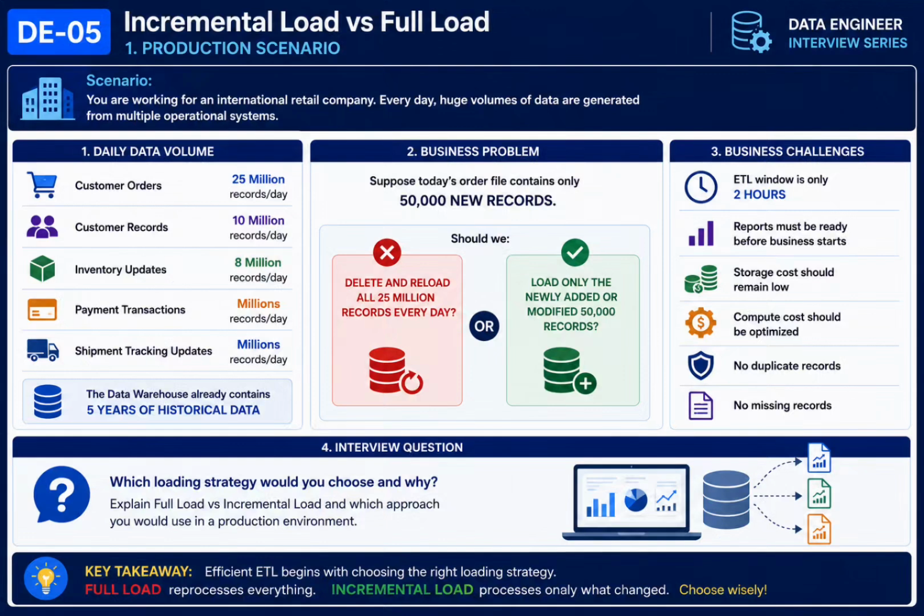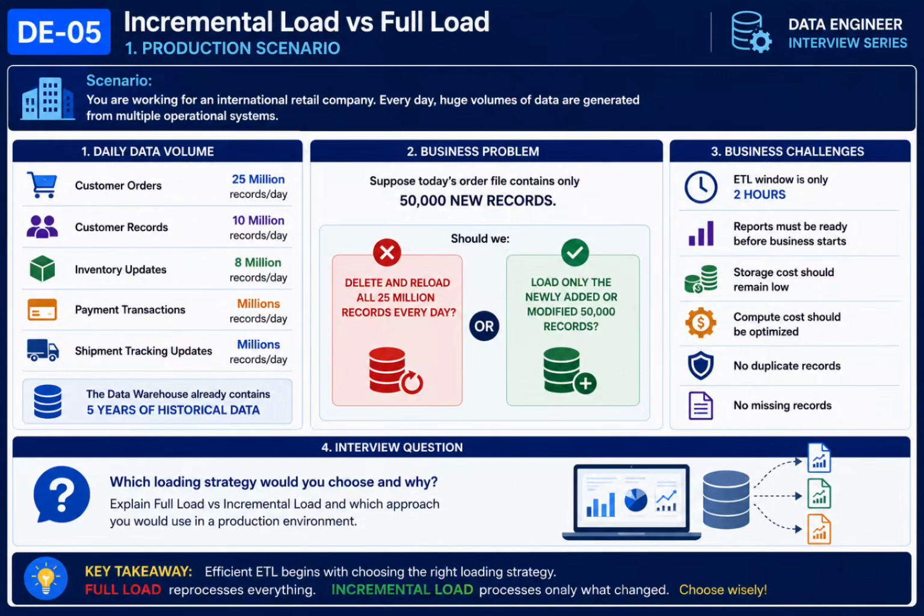Over the years, the data warehouse has grown to store billions of records. Now suppose today's source system contains only 50,000 new or modified records. The question is, should I reload the entire table containing millions of records, or should I process only the records